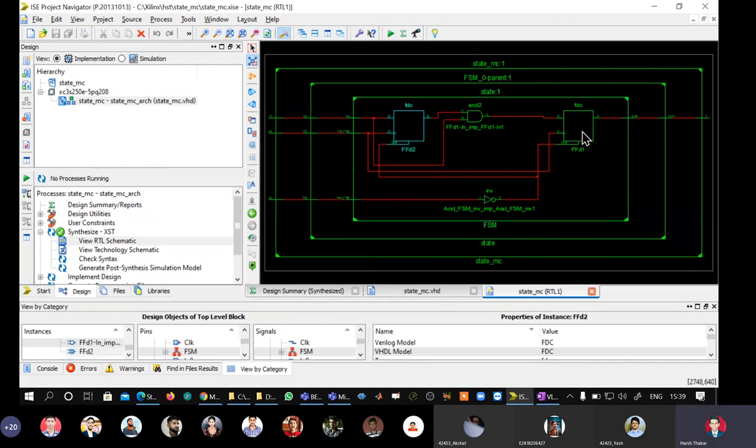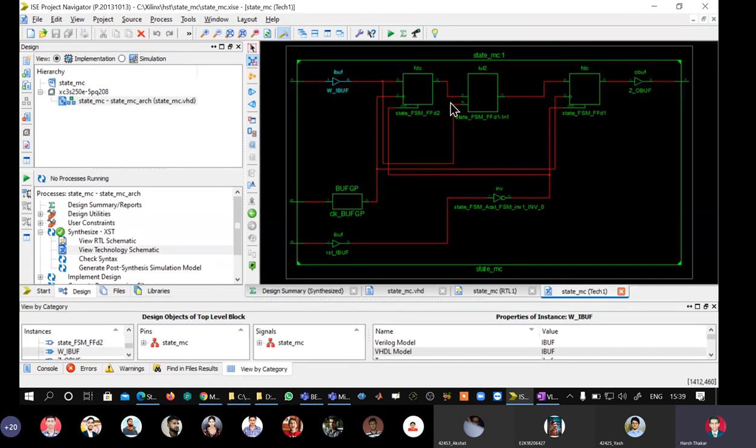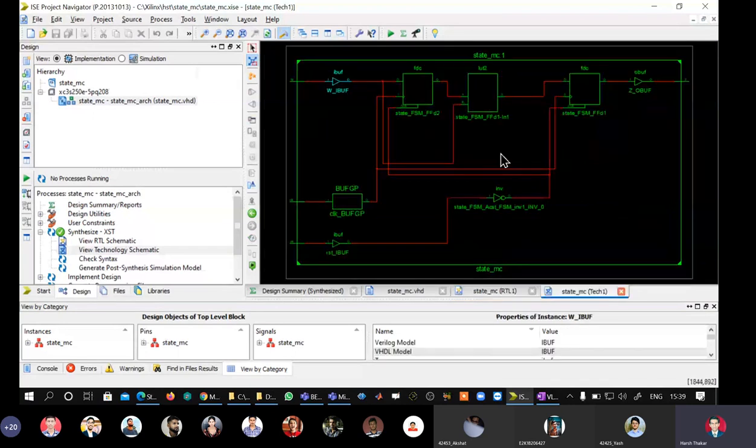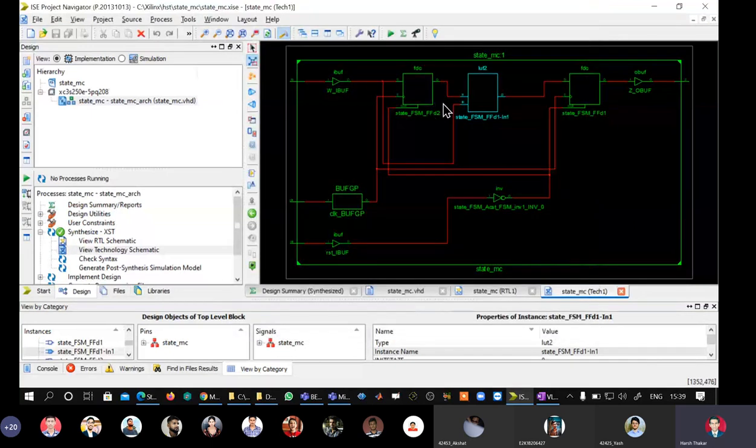Okay, and if you go inside, double click, nothing is coming. This indicates that D flip-flops have been inferred. Let us see the technology schematic. No difference is there. The only difference is that the two input AND gate in the RTL schematic has been replaced with a two input LUT block which has the same functionality. Go inside, it is an AND gate. So D flip-flops are available as programmable logic within the architecture of the FPGA. This was all about the synthesis.